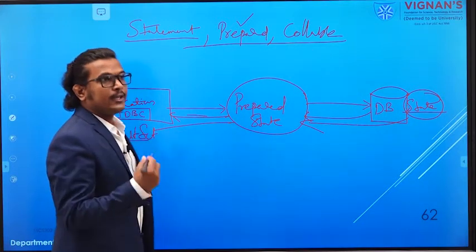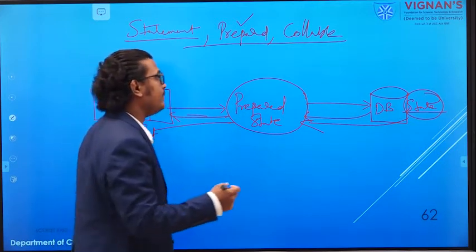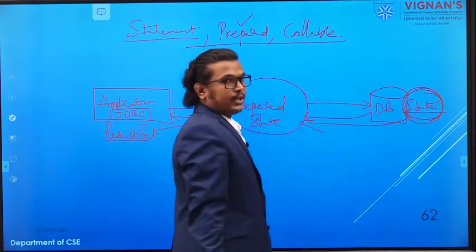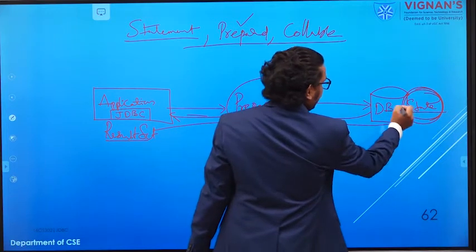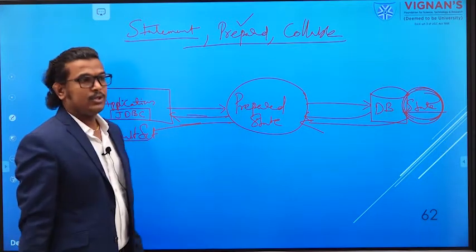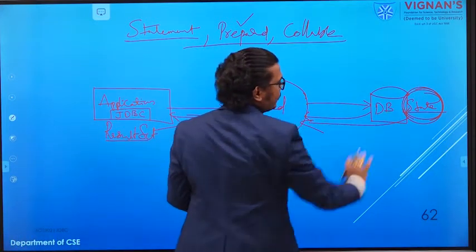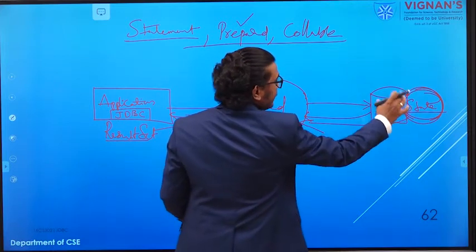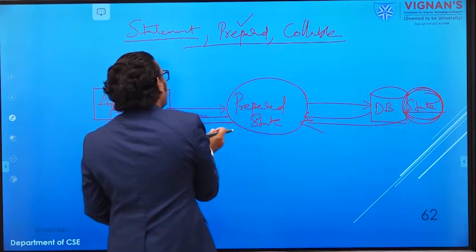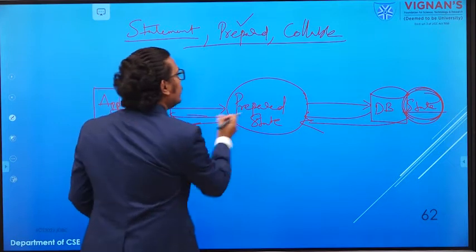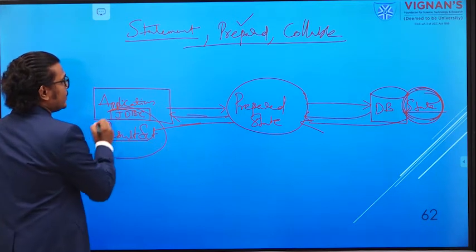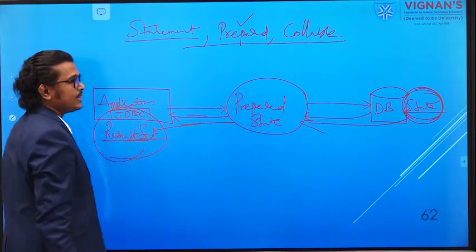Next time, whenever you call that statement the nth time, it will refer to the already available statement in your database, and the result will be displayed in your result set. Means what, each and every time we are not executing, we are just referring to that statement. So that prepared statement is already available there, and we get the information through the prepared statement object. And whenever you display that information in your application, for that we use the result set.